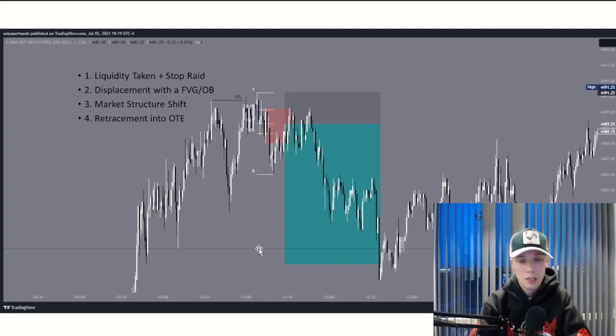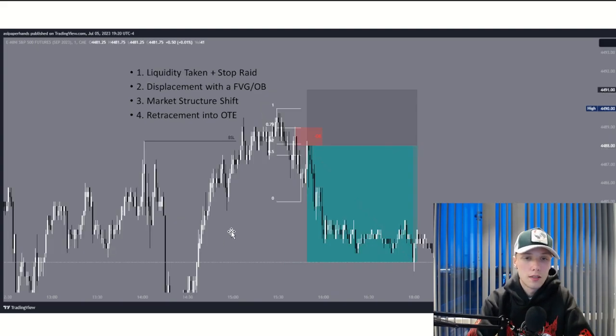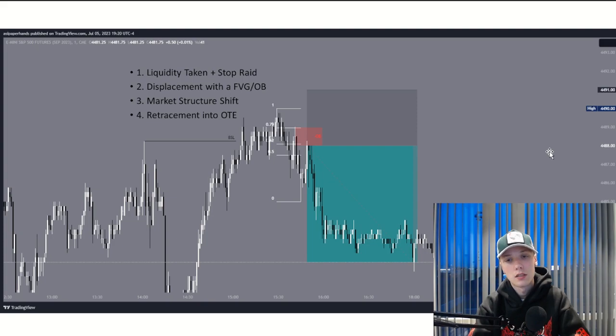That's all you need. You only need 20 ticks a day. That's what ICT says. You only need 20 ticks a day to actually make this your full-time job. But that's how the 2022 model works. Let's go to the second and last example for me. This example is during the market close.